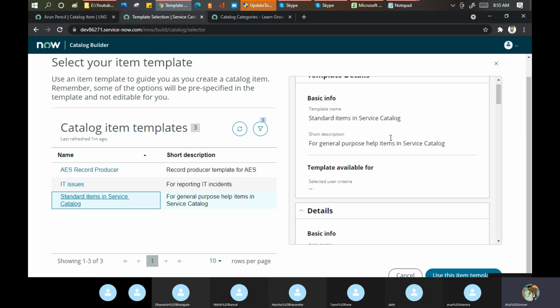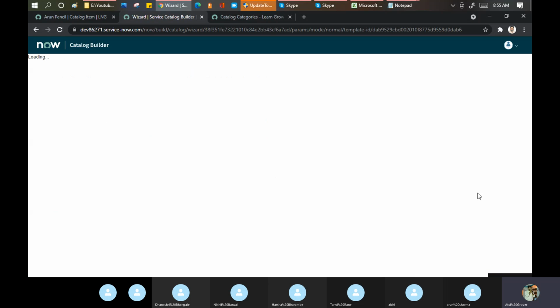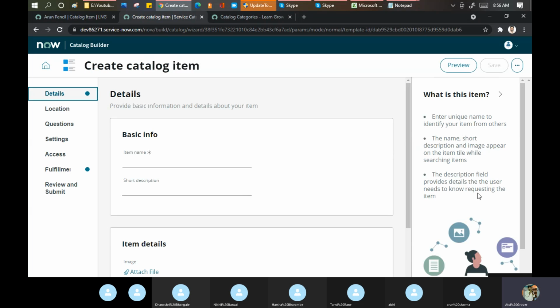So I said, okay, I'm happy with this. Let me use this template. Any doubts till this point, are all clear? Anyone? Guys, your yes and no is equally important. Yeah. Okay, good. Now, number one and a very beautiful point is that this interface is a little good. We are human beings. We are fed up with seeing the same color, same tool again and again and again. So this looks good to me.